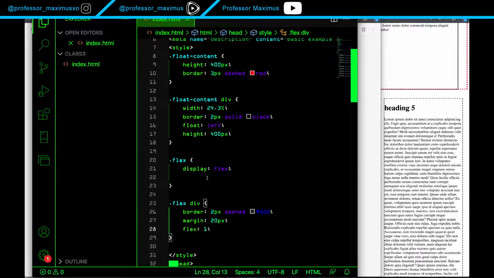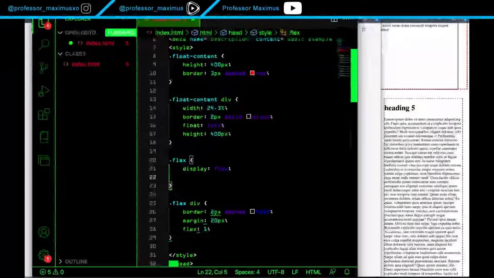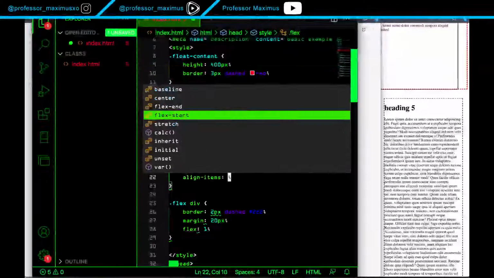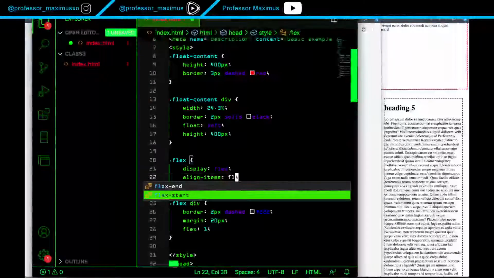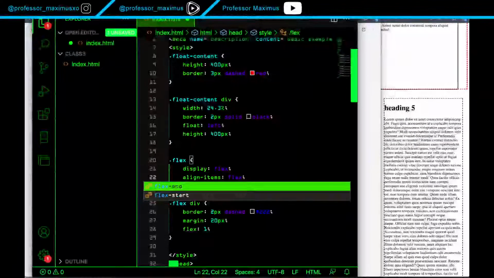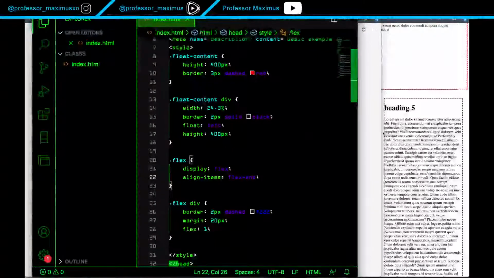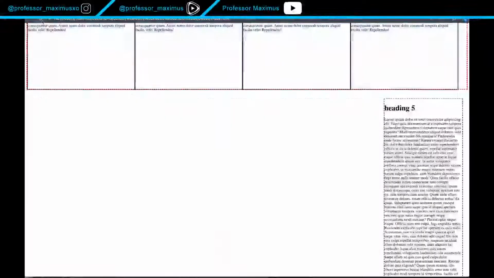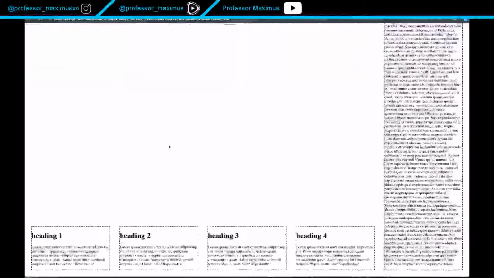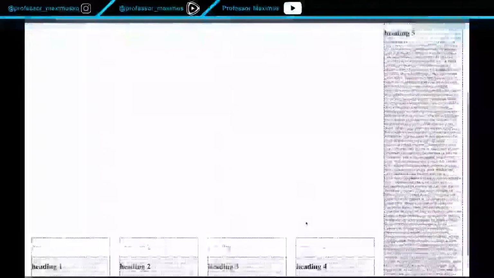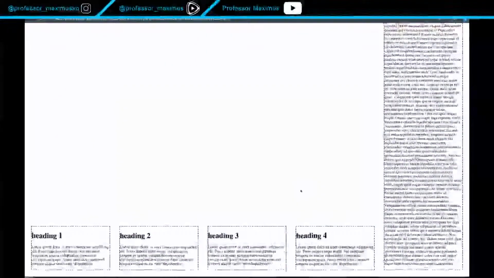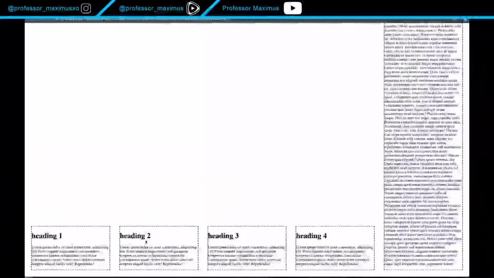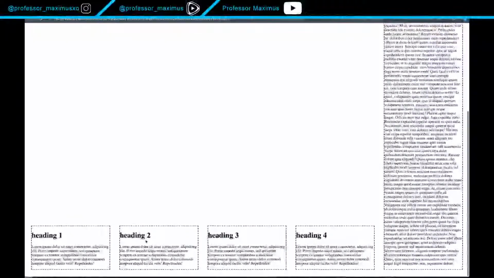Let's say align items. Let's say flex end. Let's see if this is going to... Okay, yeah, it is going to work there. You can see that it resized the other boxes and pushed them all to the bottom to align that content at the bottom